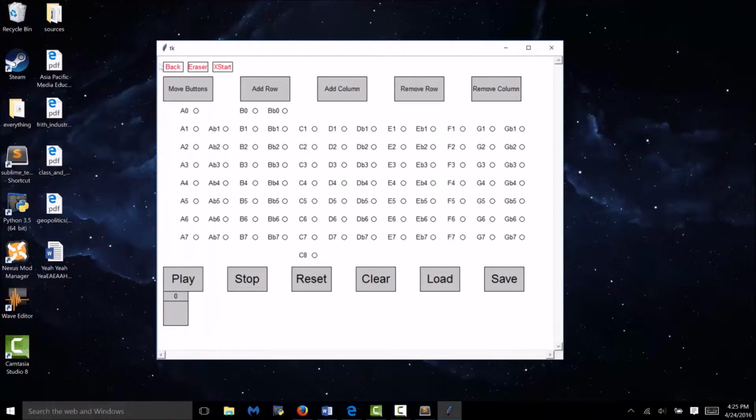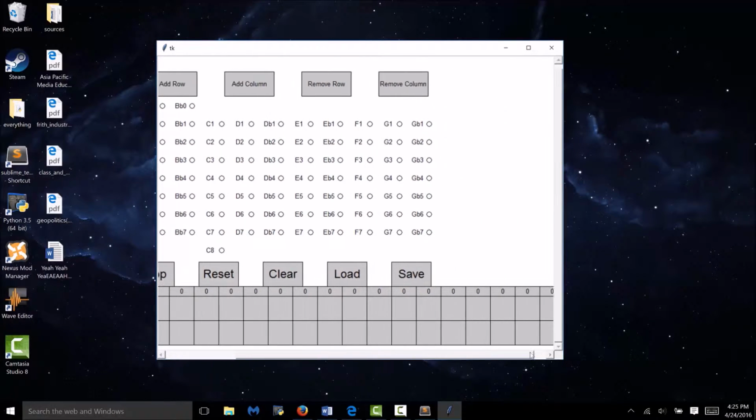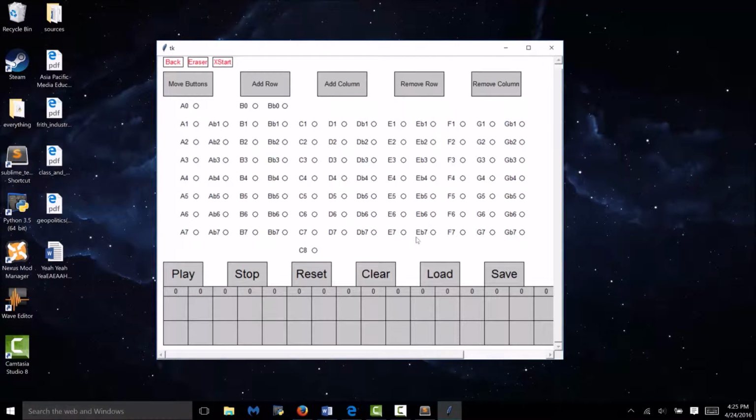And so, getting into it, right here we have a lot of buttons, a lot of features. We have a grid where you can store sounds. The keys up, down, left, and right affect the grid, where you can add rows and columns. And the scroll bars will always update to encapsulate it no matter what you do. And so if we keep adding some more,